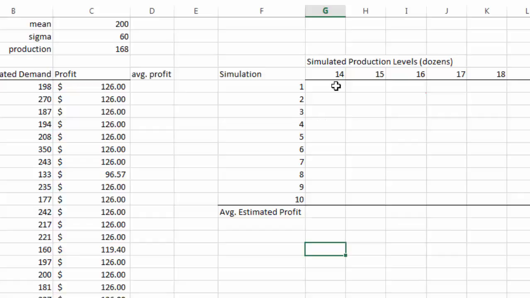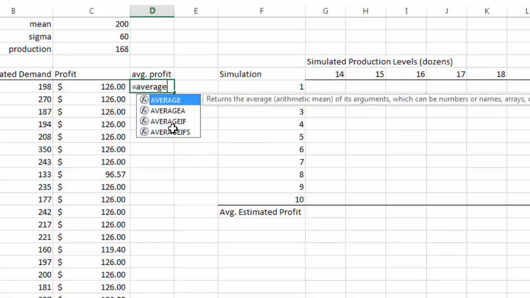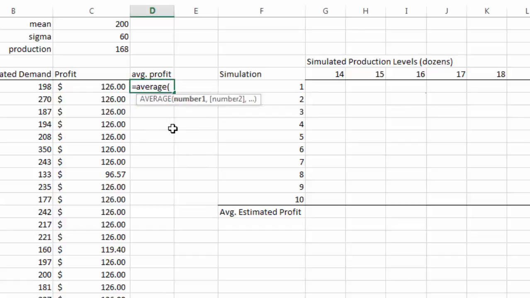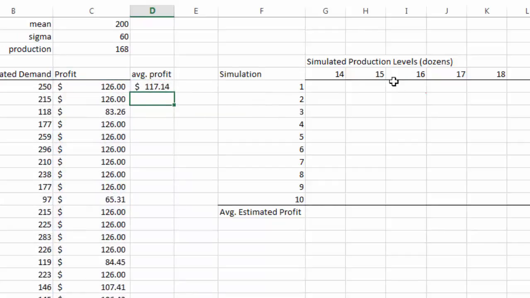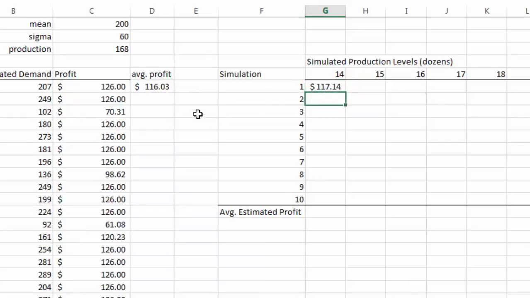But anyway, we don't need to get into that. Let's just do it. So average profit is going to be the average of the potential profit outcomes in C6 through C1005. That's all 1,000 simulated values. My first one is 117.14. I could type that in or just paste the value. If I type it in, when I hit enter, it runs my next simulation for me. So I got 116.03,